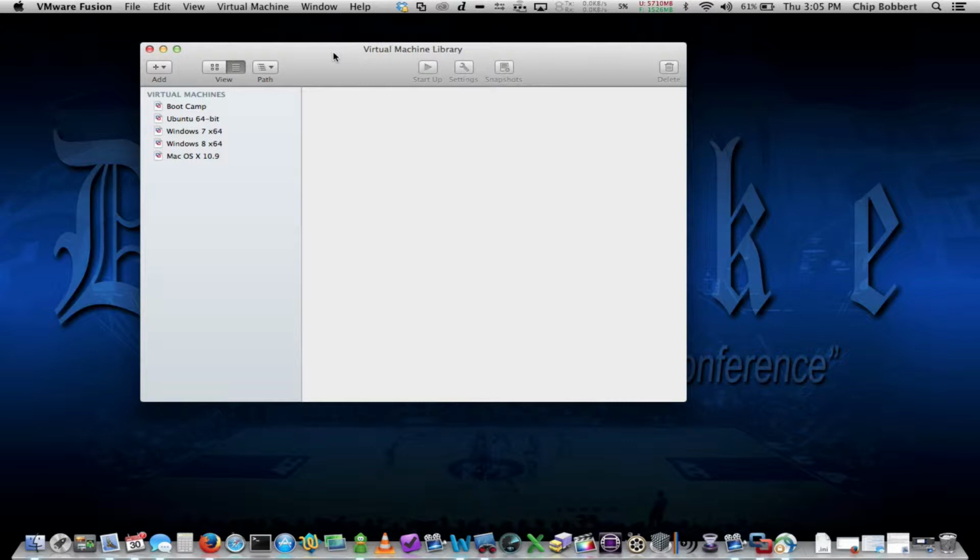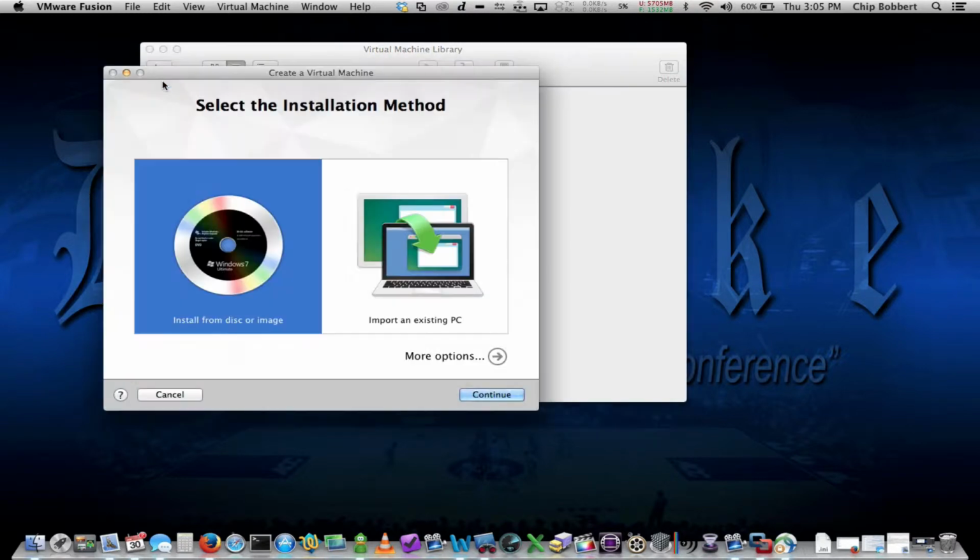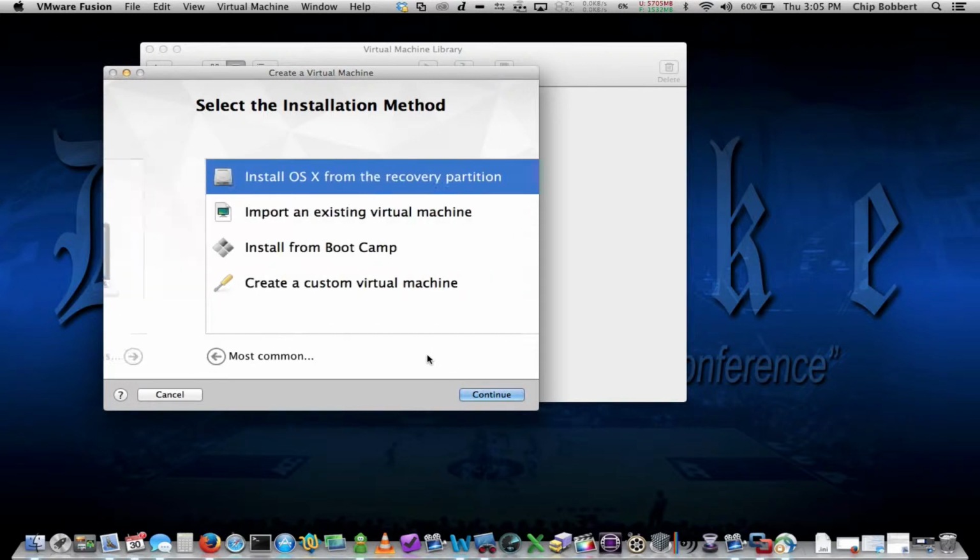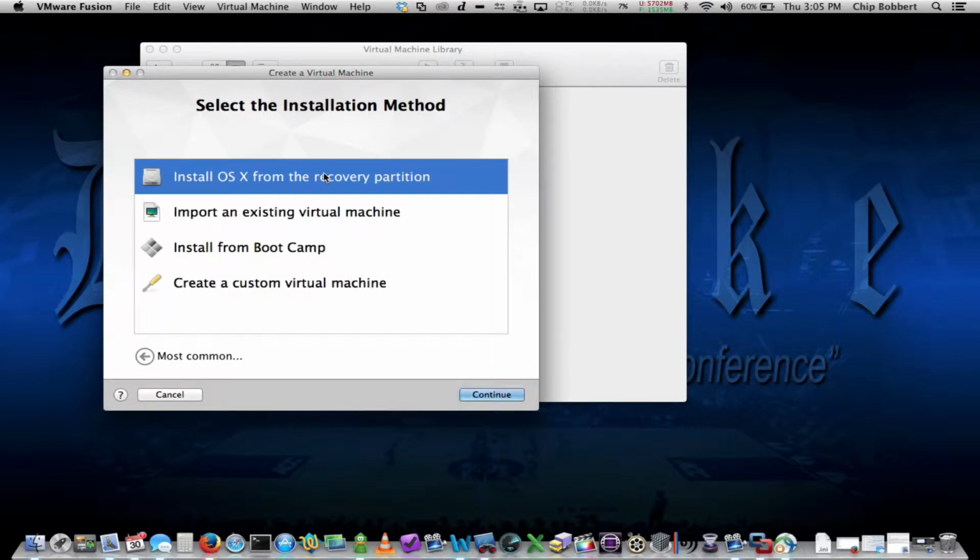So go ahead and crack open VMware Fusion. Go to your virtual machine library if you haven't already. You can click Add and then click New. You get a bunch of different options here, but we're not going to choose any of those. Click More Options. And now you can see that it lets you install OS 10 from the recovery partition, which